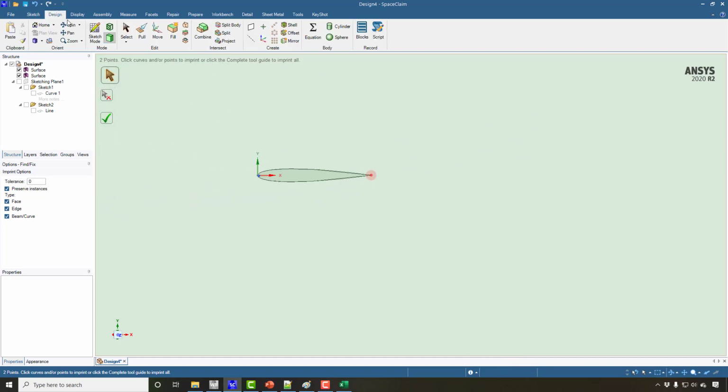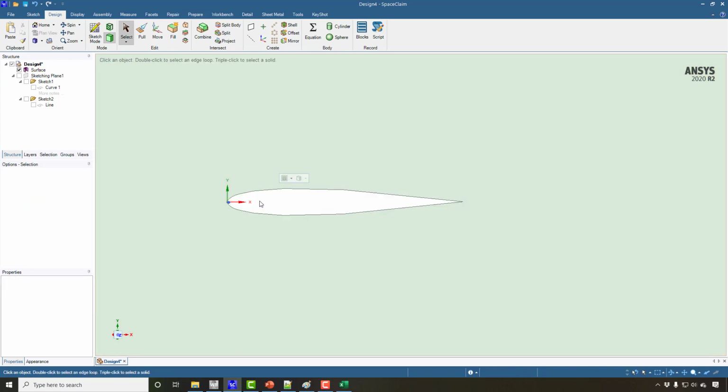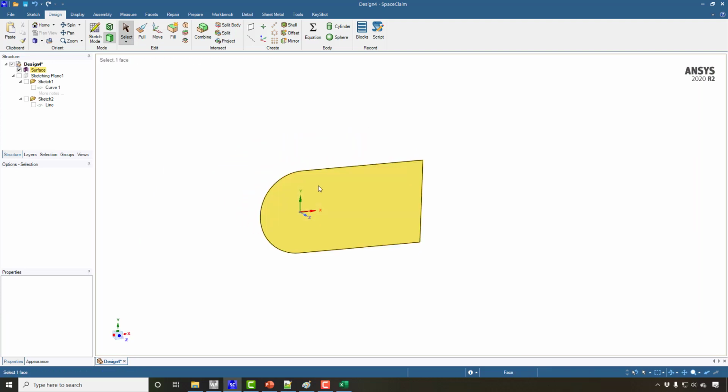Okay, so then go to the design menu, and from the design menu click on this surface and delete it from the screen. So now you can see this is a hollow surface, and now we are going to extrude this body to make it a 3D aerofoil. And the rule of thumb is that if you don't want to solve the whole 3D aerofoil, it will be a 3-dimensional aerofoil that is extruded. So we don't want it to be fully 3D because we don't want to solve for the tip vortices.